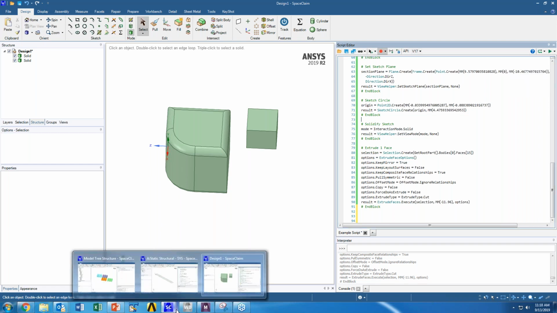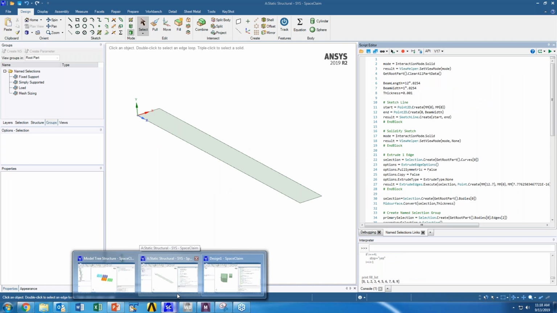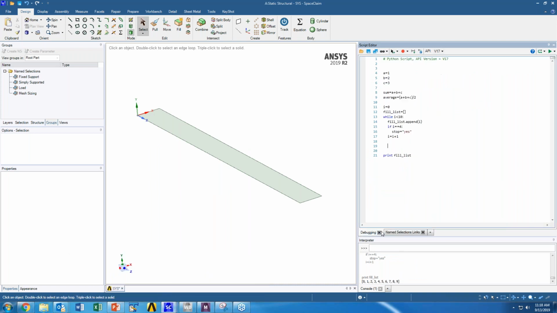And so let me just talk about the debug mode a little bit. If you've ever worked with any other programming GUI editor, it's very similar. The SpaceClaim script editor is a very simplified version of more complex editors, for Python or even MATLAB, for instance.